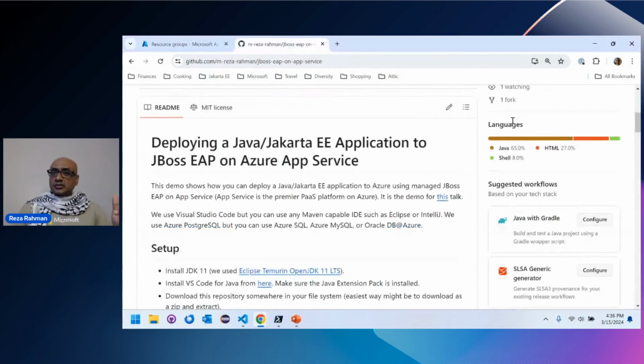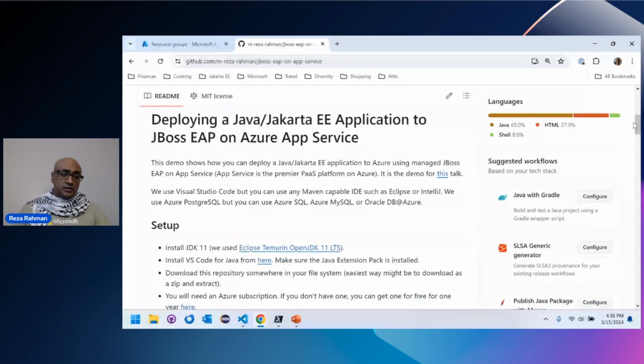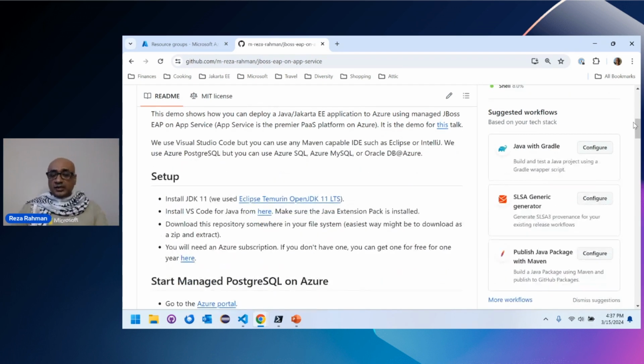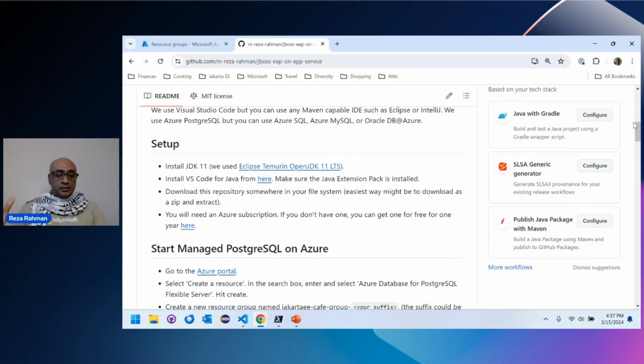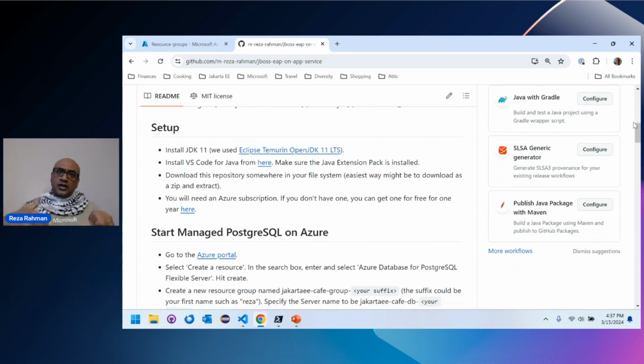So here are the instructions. This is my GitHub repository. And basically, I don't have a whole lot of time here. I'm pretty time bound, and hopefully time bound enough to catch your attention. But basically, I can't do everything from scratch, obviously, right? It would be impossible. I'd run out of time. So what I've done here is I've cheated, right? I'm doing live coding for sure and live deployment for sure. But what I've done is a bunch of setup ahead of time, and these are all of the setup instructions that I have documented for you